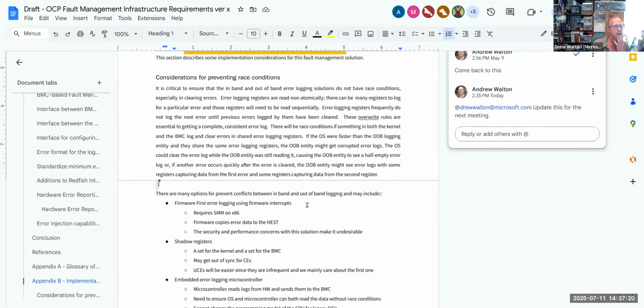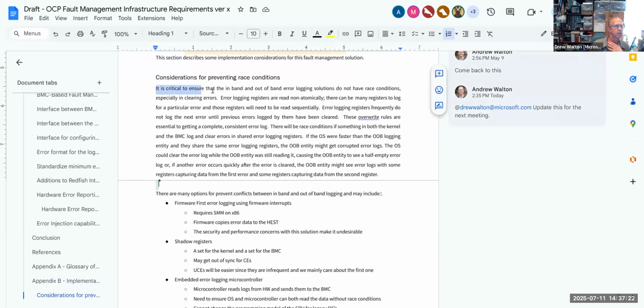So, let's see. I think this is still true, that we don't want them to have race conditions and clear errors out from under each other. And error logging registers are read atomically, and the overwrite rules are important.